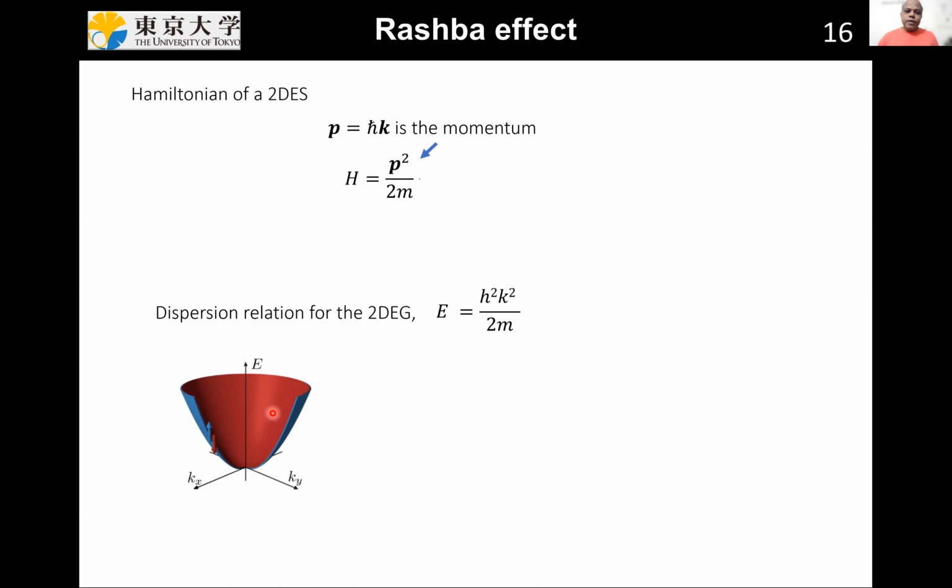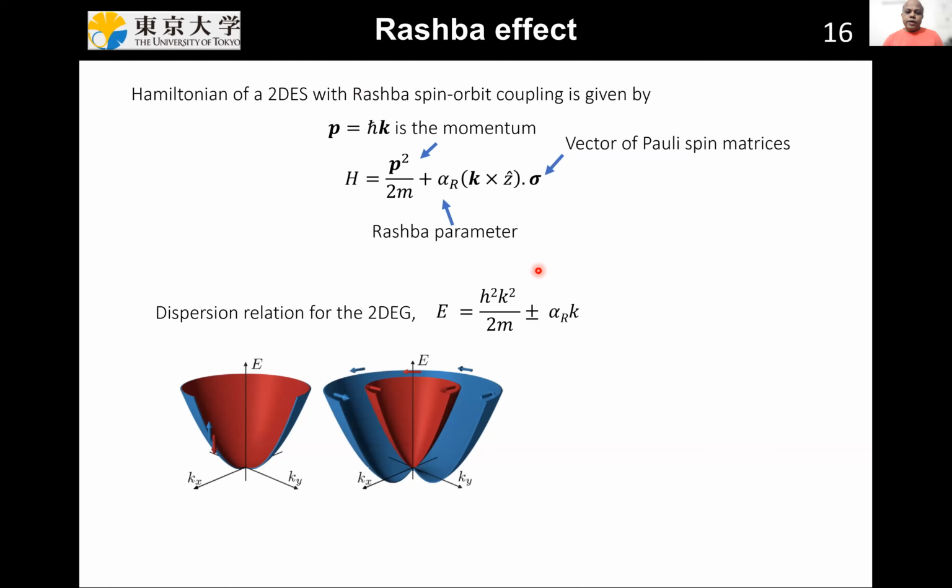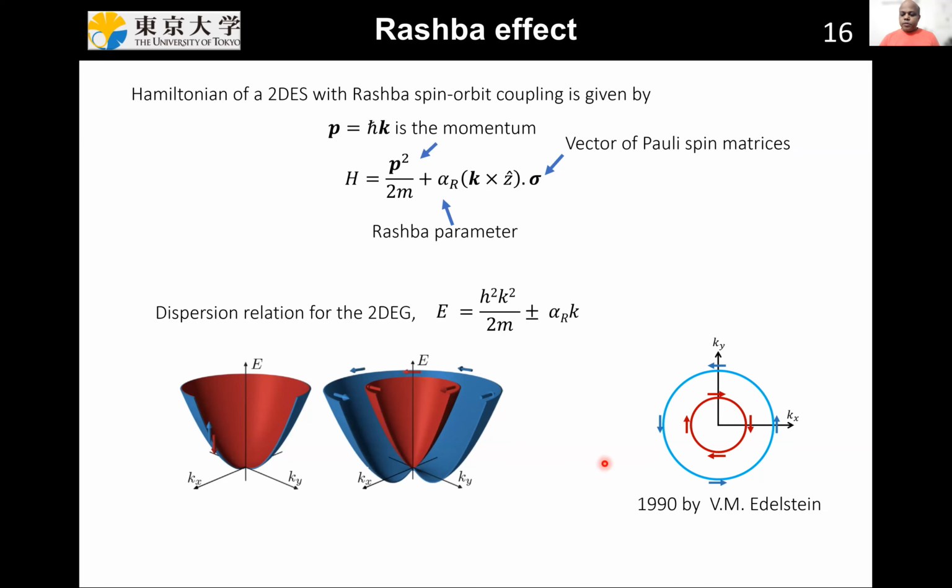Now, if spatial inversion symmetry is broken at the interface or the surface, then you have the additional Rashba term, where alpha is the Rashba parameter. And now in this case, your dispersion will have a momentum dependent splitting, and these spin degenerate bands will split along the momentum axis, like over here. So now if you take the cross section at the Fermi level, then you will get two contours. You can see that the inner contour, the spin is locked to its momentum and has an anti-clockwise helicity, and the outer contour has a spin that is also locked to the momentum with a clockwise helicity.